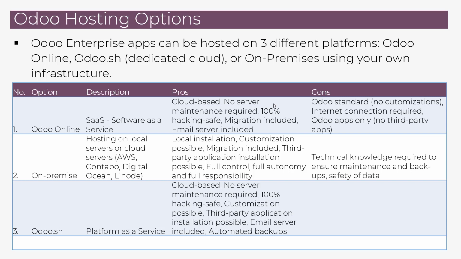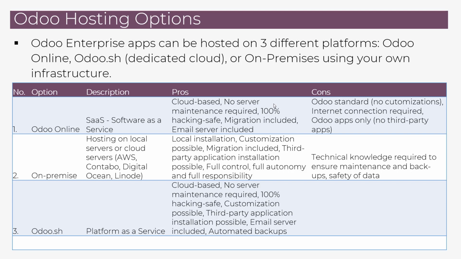Then there is the on-premise option. On-premise is hosting on local servers or cloud servers such as AWS, Contabo, DigitalOcean, or Linode. The pros for this are local installation, customization possible, migration included, third-party application installation possible, full control, full autonomy, and full responsibility. The cons here are that technical knowledge is required to ensure maintenance and backups,